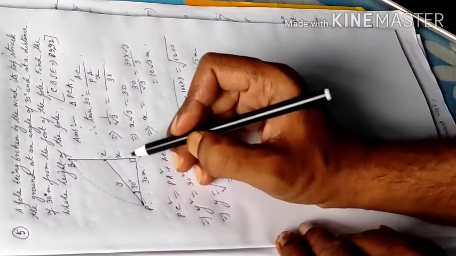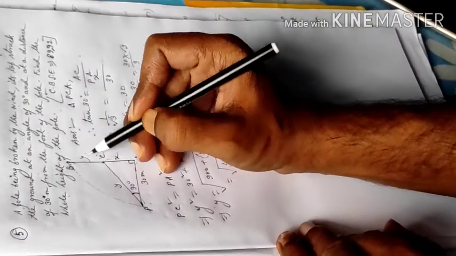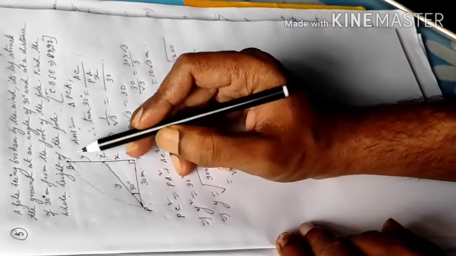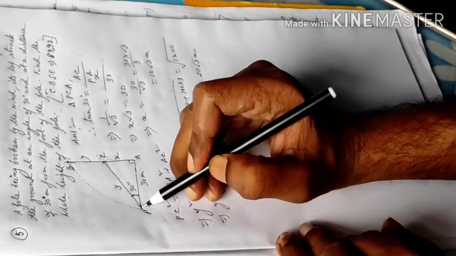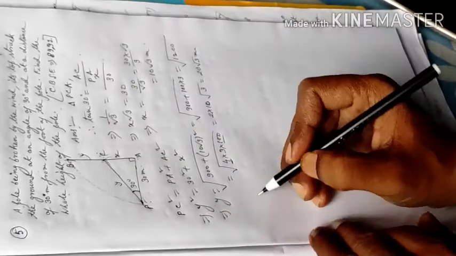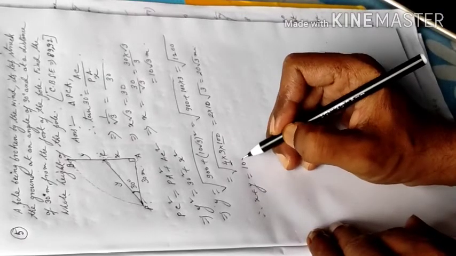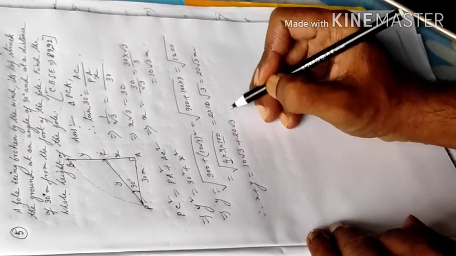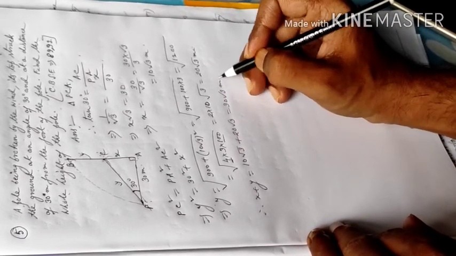This is your y. So the total height of the pole is equal to y, that is BC, plus AC, that is x plus y. This distance is equal to this distance because the broken part is equal to PC. Therefore x plus y is equal to the total height of the pole. What is the value of x? x is equal to 10 root 3 plus y is equal to 20 root 3, that is equal to 30 root 3 meter. This will be your answer.